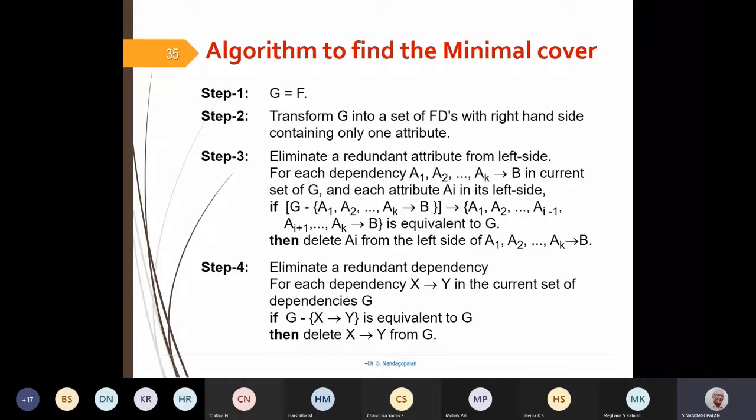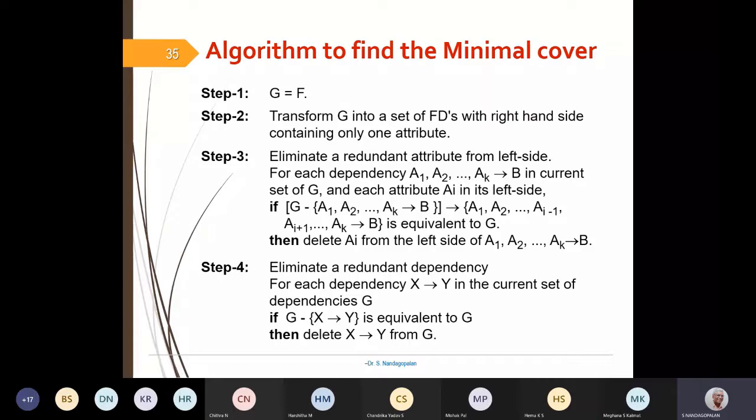Second, in algorithm terms, we can take it as the second point: reduce any redundant or extraneous attribute present in the left hand side.